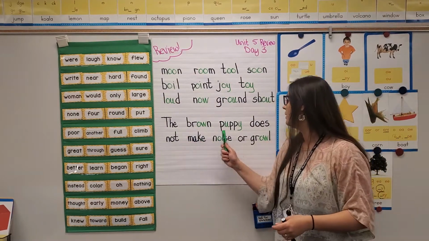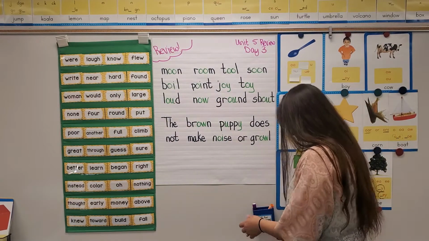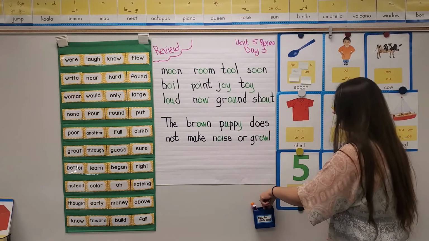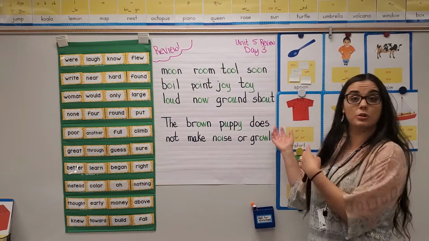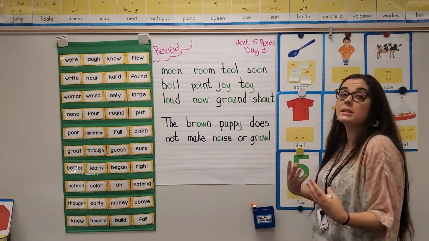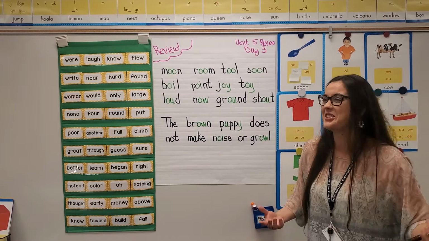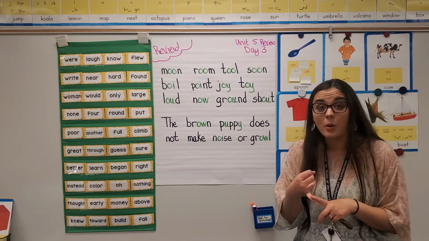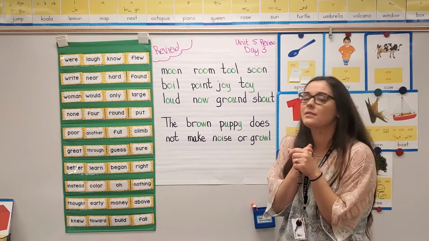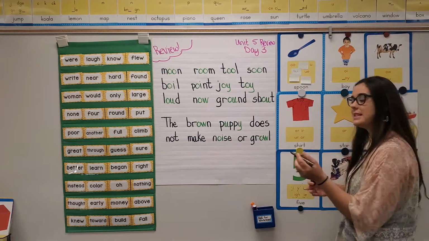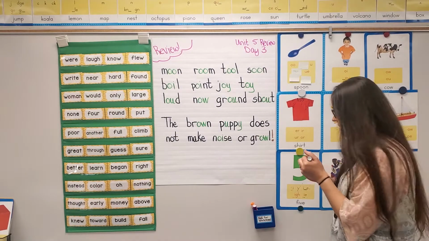Your turn. All right, wonderful. So we need some punctuation. Now, if I were to say this sentence, I think that I would say it like, and you heard the way that we just said it. We said it with some oomph because we're surprised. Like, oh my gosh, this brown puppy, we found it yesterday and it doesn't make noise. It doesn't growl. That puppy is just the nicest puppy ever. It just gives you hugs and snuggles. So yeah, I would say it with surprise. And so that would get an exclamation point.